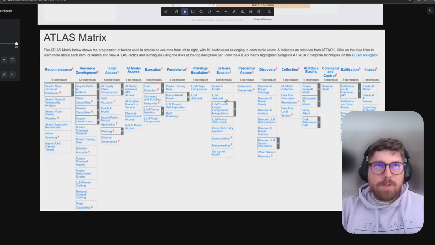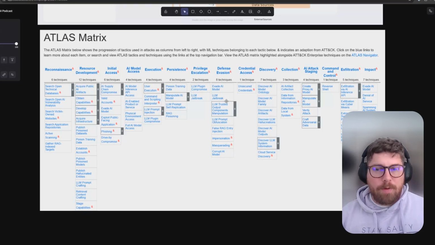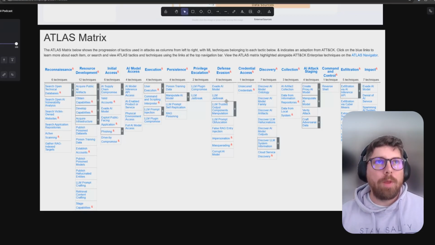And then of course, the MITRE folks have the ATT&CK matrix, right? They have another matrix called the ATLAS matrix, which is similar in style to what they did with the ATT&CK framework, which is just mapping out the TTPs that we know you need to be paying attention to in the AI world.